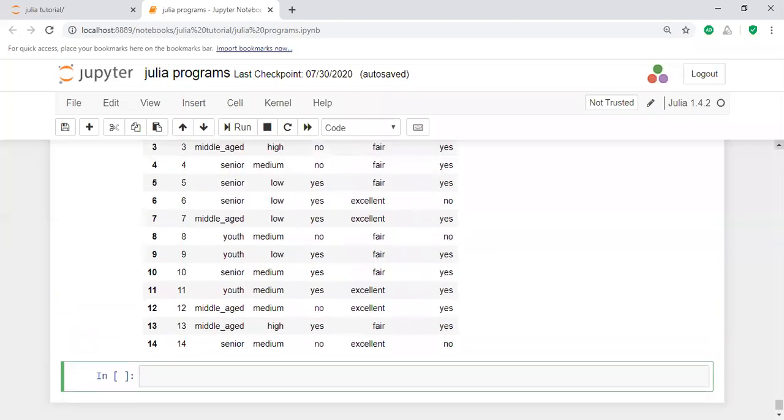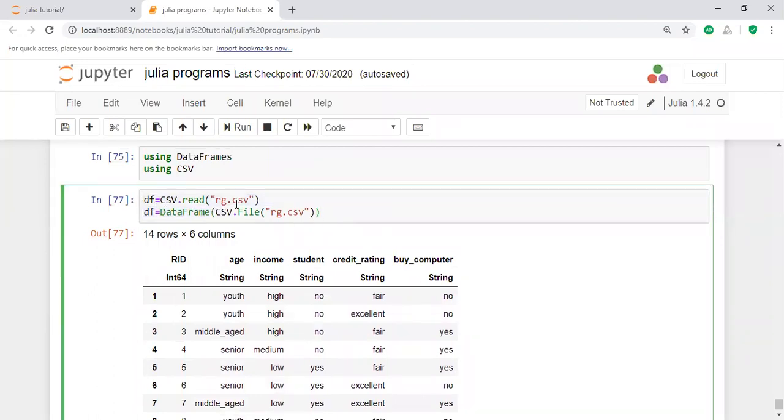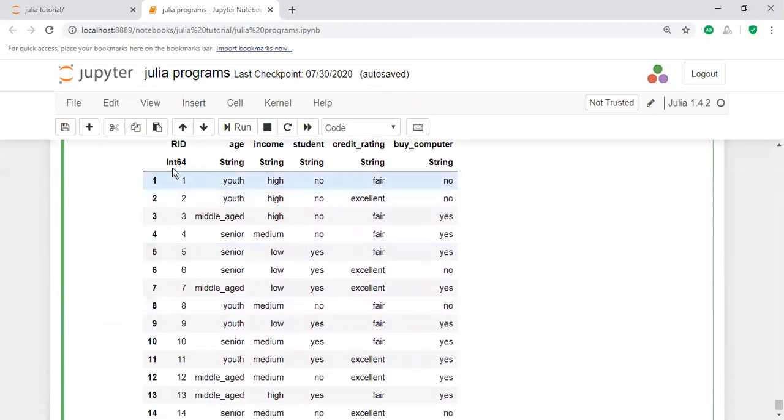the file. For getting this file, you may use one of two different methods. This file consists of different columns: ID, age, income, student, credit rating, and buys computer. In a particular case, ID 1, age equals youth, income high, student no, credit rating fair, that means he cannot buy the computer. In a similar case, a middle-aged person, income high, not a student, credit rating fair, even though he will buy the computer.